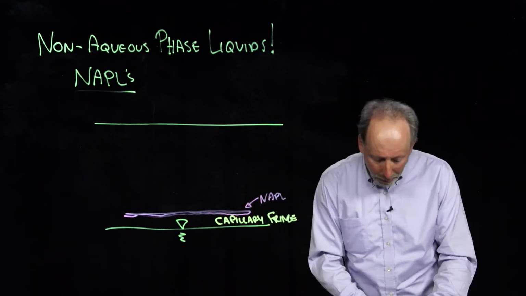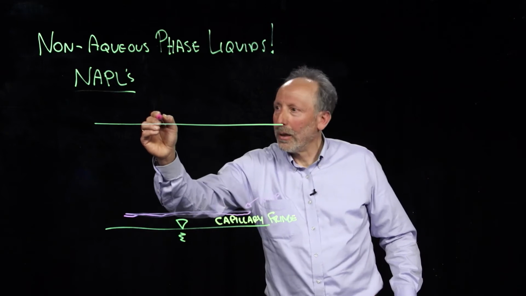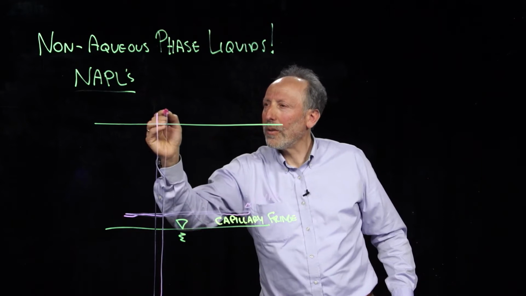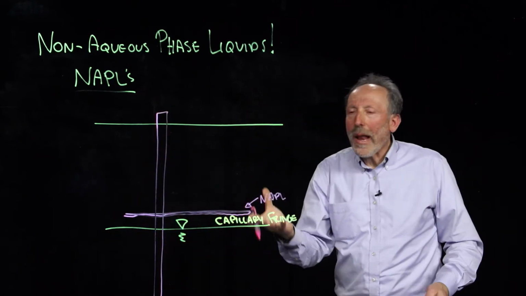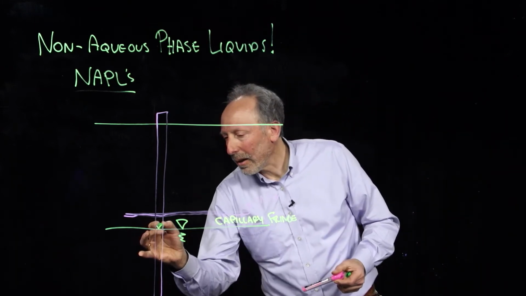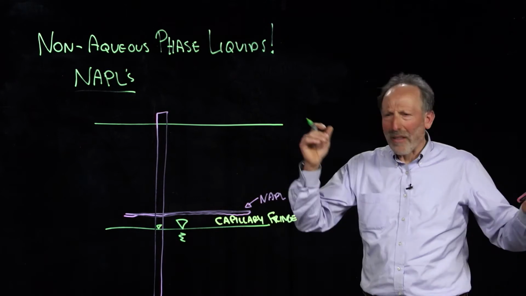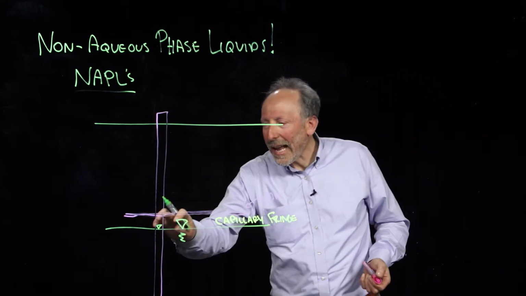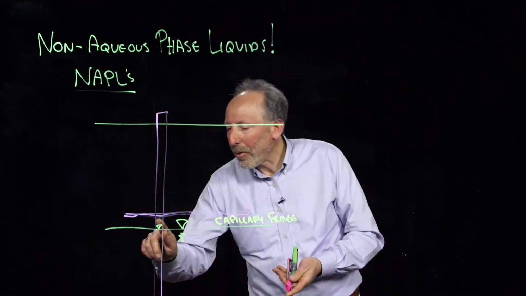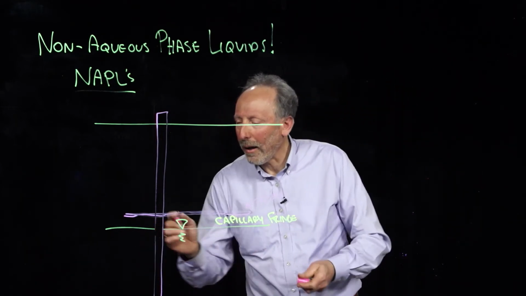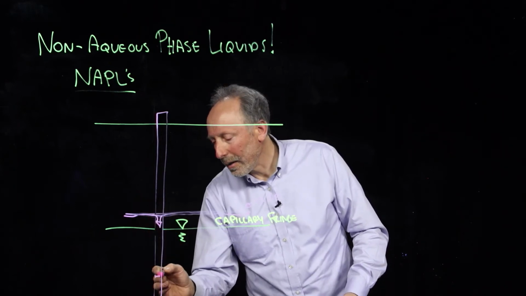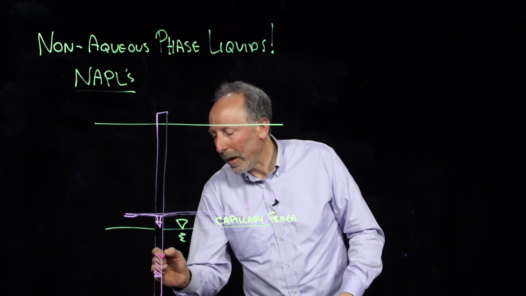Now, if we throw a well into this problem, let's put a little observation well here. Here's our observation well. And if there were no NAPL, we'd of course have the water table would settle exactly in our well there. That's the definition of a water table. Everything's fine. But there's this NAPL that's being supported above this. And so what happens is the NAPL then drains into the well. And the NAPL is going to fill much of the well